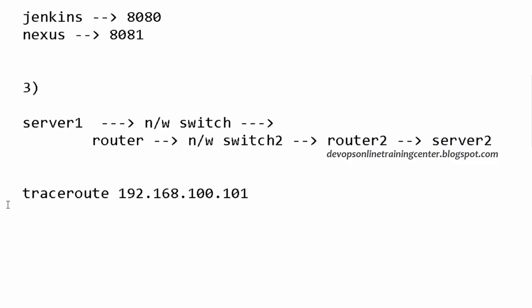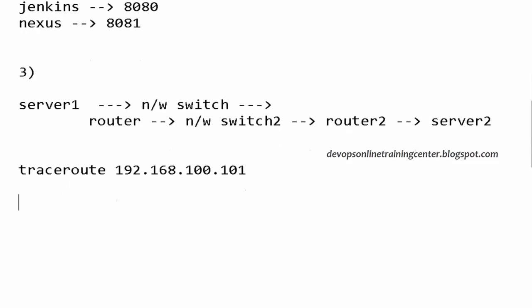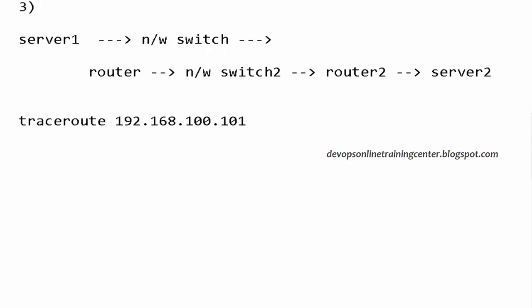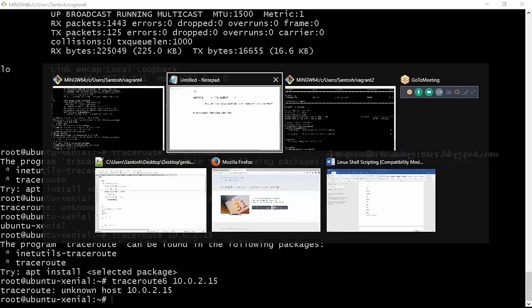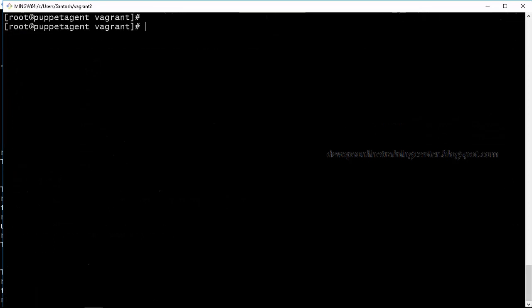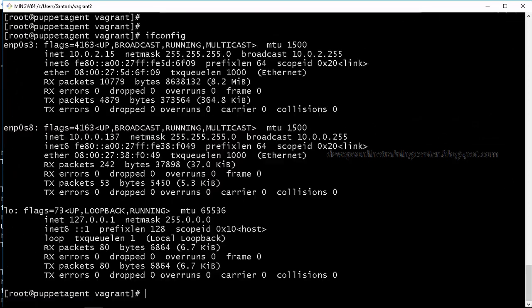In a typical data center you have a lot of servers and a lot of network switches, network devices, routers and all that. When we type traceroute, it exactly shows in which direction the packet flows. Let us say it is stuck here after network switch 1. That indicates that there is some problem in network switch 1. Maybe the switch is stuck or there is some software problem. Based on that we can debug where the network issue is. This will be useful to find out if there is any network issue.